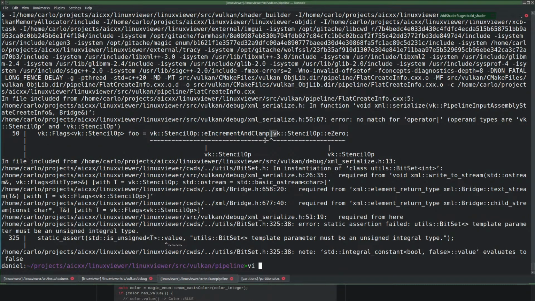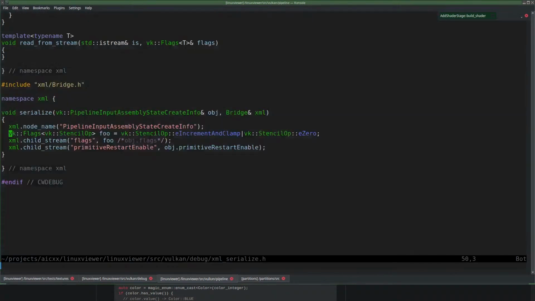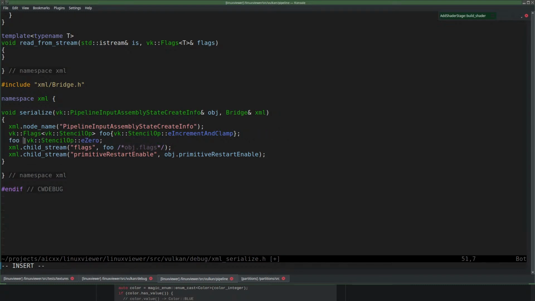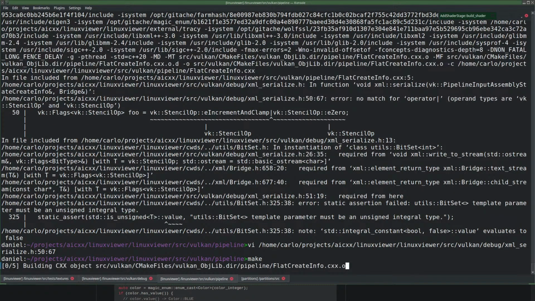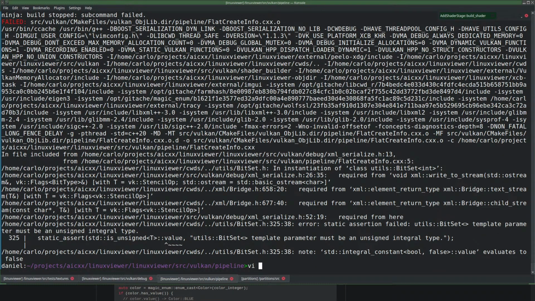What the? You can do this, you cannot do this. That better works. All I'm trying to do is test my print. Static assertion failed.